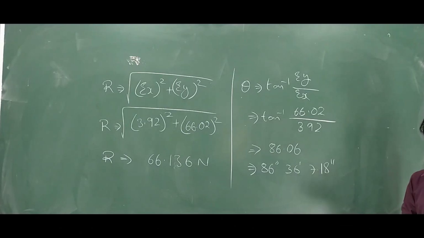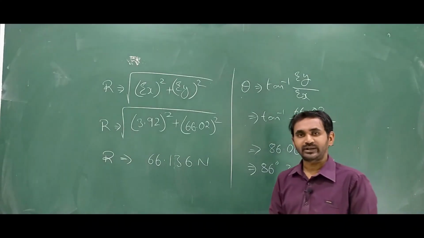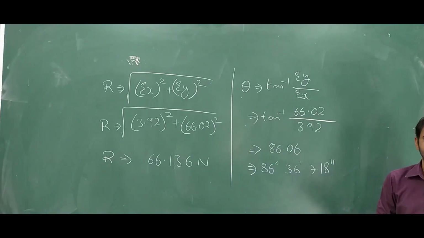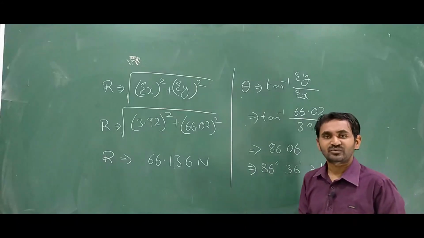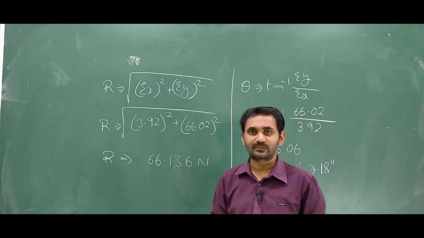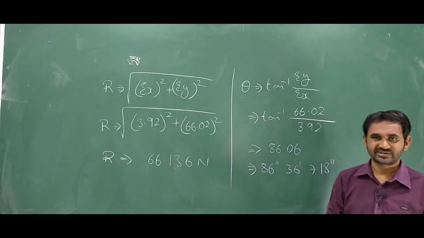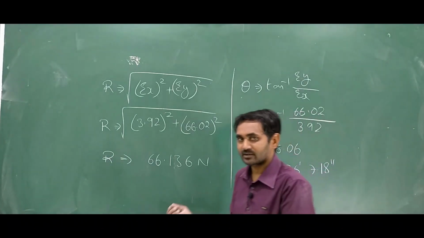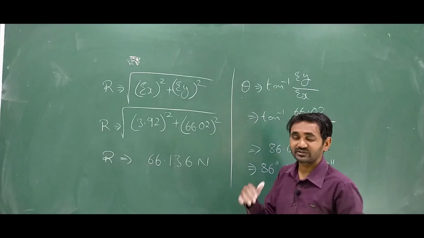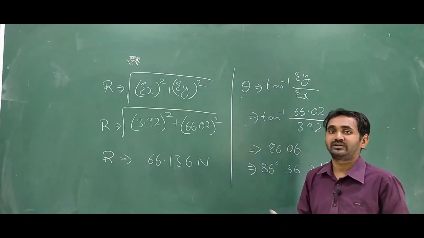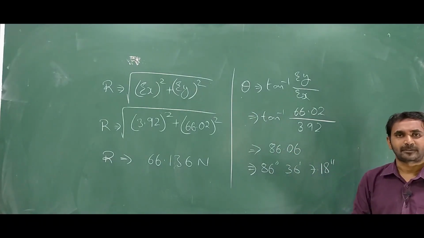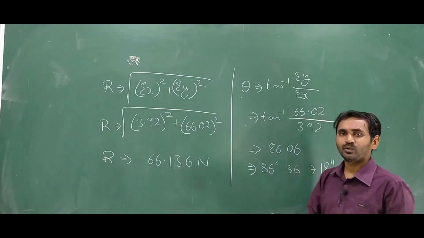So like this you have to solve the problem. Hardly it will take only 5 to 10 minutes to solve the problem, and definitely this will come as an essay question in your question paper. It's a sure question, because without these problems your question paper will not have any questions, because this is the main question. In the previous problems, those may come or may not come, but 100% these questions will come, because it's a time-taking process and polygon is very important in engineering mechanics. So definitely you will get this type of problem. So try to solve more and more problems.